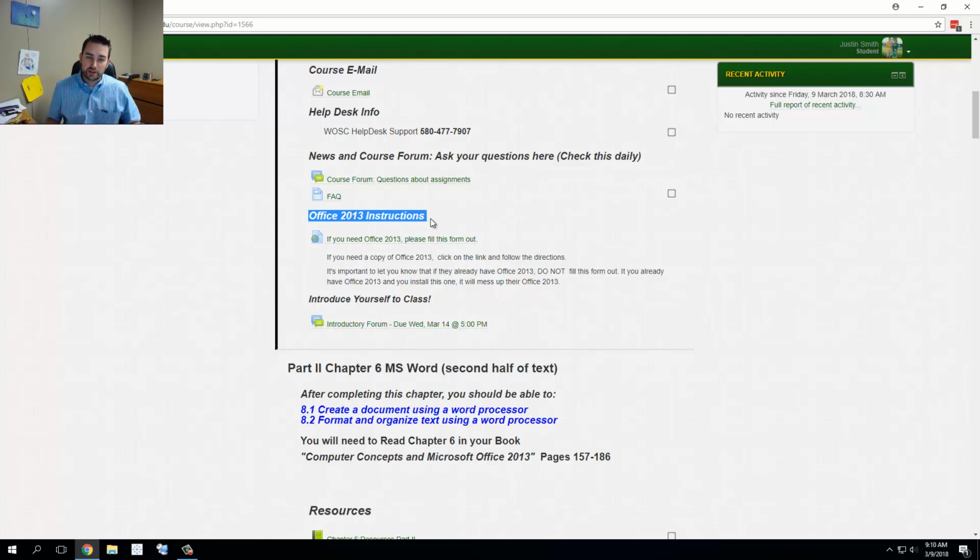This right here, Office 2013 instructions. This book is set up to use Office 2013. However, if you have Office 2016, everything's going to line up and be almost completely the same, so it's perfectly fine. Don't uninstall Office 2016 to put 2013 on there, but if you don't have either one, make sure and